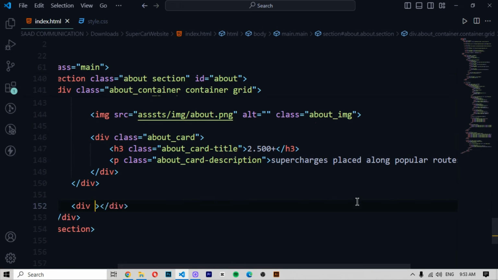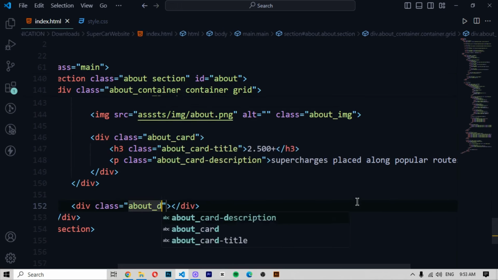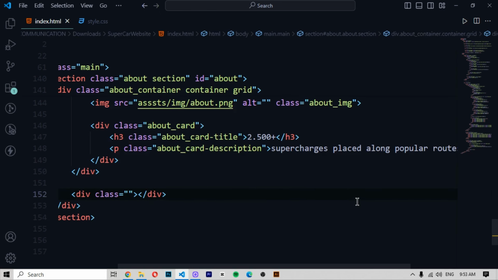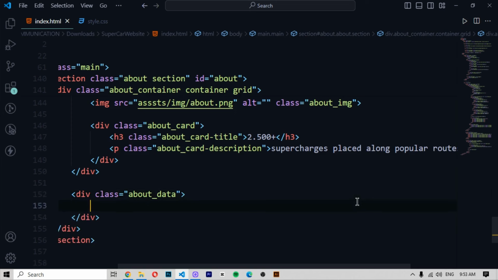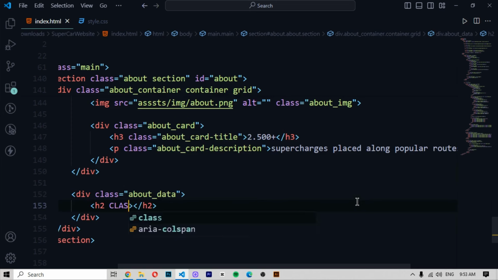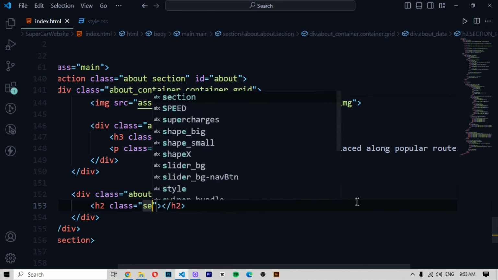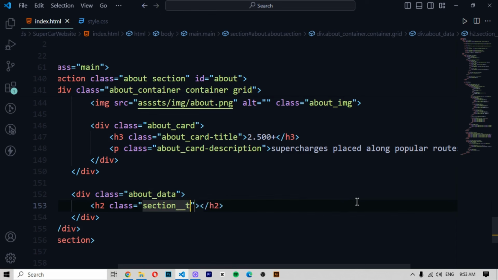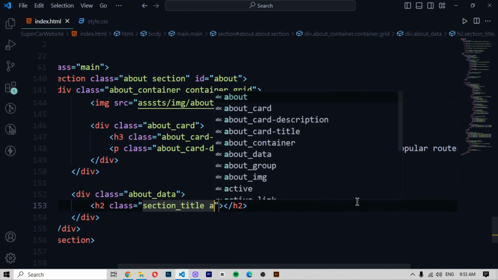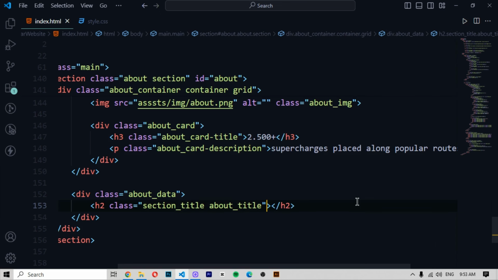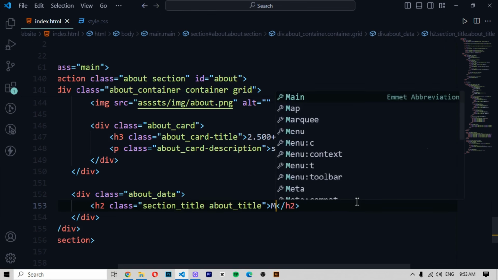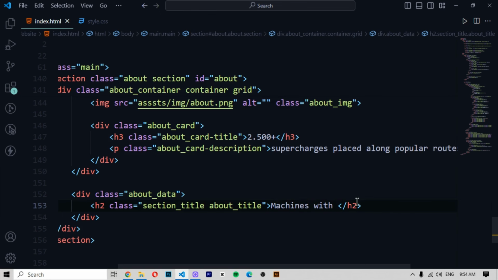and then there we write div class will be about data, sorry, and then enter, and then h2 class will be section title, and then about will also be title. Then we define machines with br tag, then br tag, then future technology,